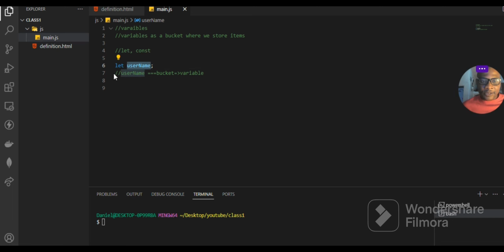So you have declared a variable with this let keyword, username, and for now we haven't assigned any value. So we move forward and say, okay, username equals to what? You can say